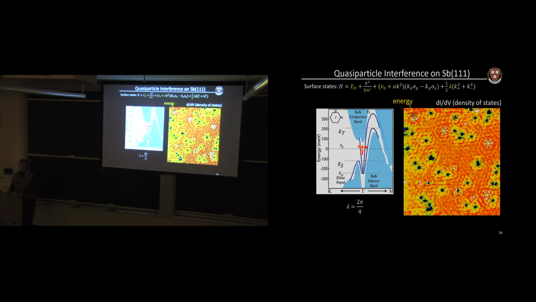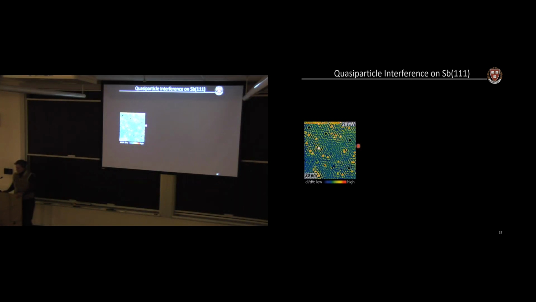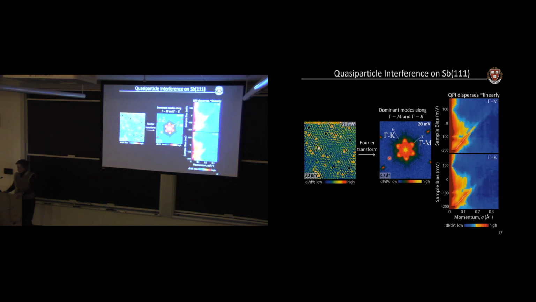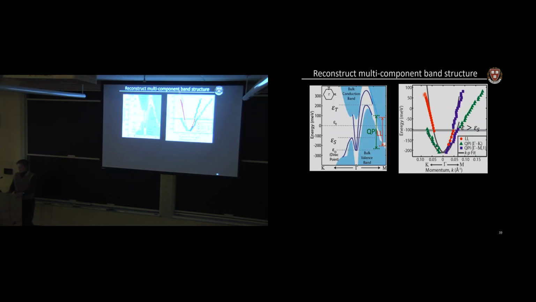So those are electron waves. That's pretty cool. So to quantify that, we take a Fourier transform, and then we pull out the high symmetry directions, and we see some increased scattering along this trajectory here on the gamma m direction, and this trajectory here along the gamma k direction. We can fit those and pull out the largest scattering vectors. And then we can do the inversion, and we're doing it manually here.